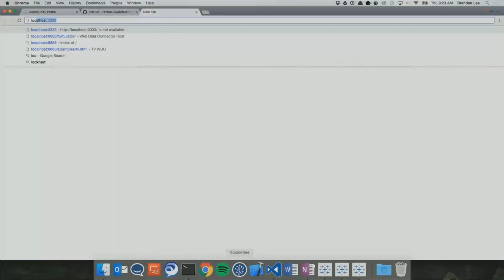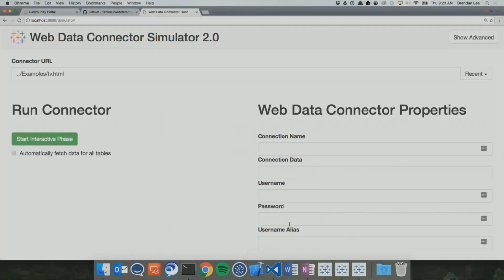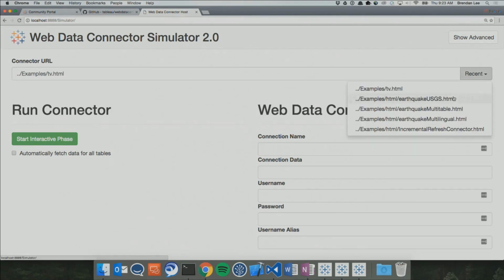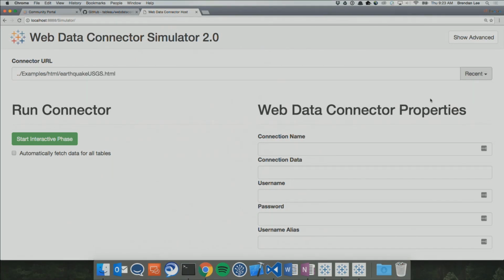Once I've done that, I can come in here to the simulator folder, and we can actually start diving into some examples. You'll notice there's this recent drop down, so we can choose from some of the sample code in the SDK. I'm going to choose this first example right here. So this is the simulator. I want to walk through a little bit what this looks like just so you can understand it. Like I said, this mirrors Tableau. So instead of choosing a list of connections, Excel, server, Hadoop, we're already starting in the web data connector connection type.